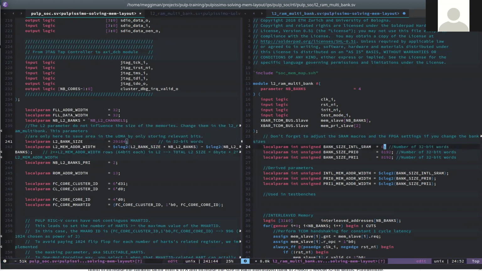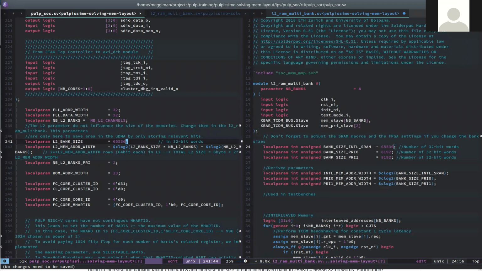So let me increase that value to 65,536 and the same over here. Right. So now we effectively increased the banking factor by 2, and we increased the size of each bank by a factor of 2. Now, as I mentioned, step number 3, we have to still do the manual synchronization between